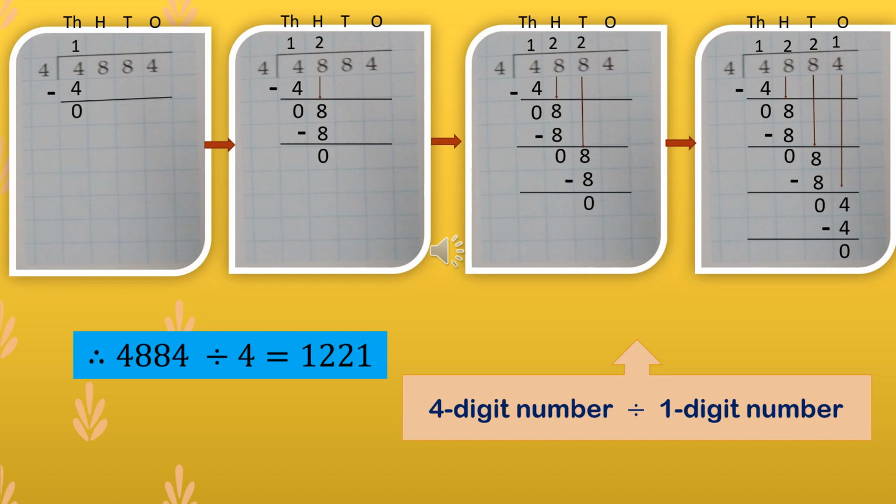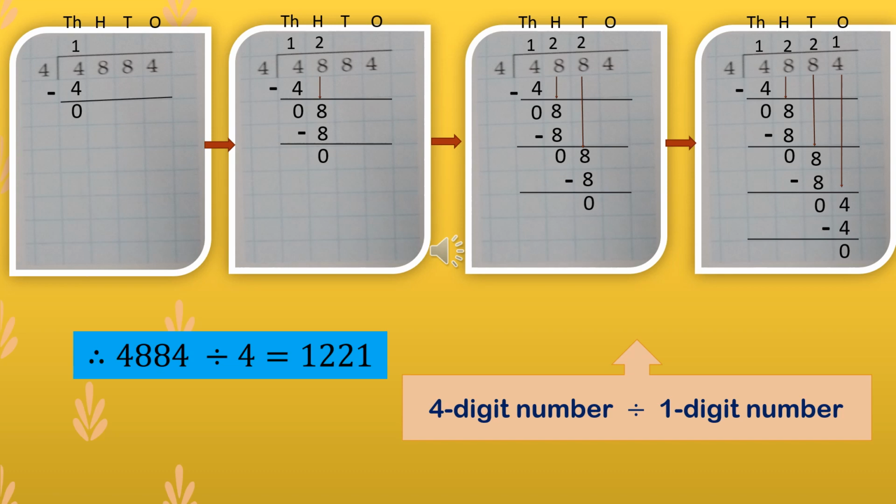So we will bring down 4. Now 4 divided by 4, that is 1. So 1 we will write at the quotient's place, and 4 we will write just below the number 4 which we have taken down. Yes. And now again we will subtract. So 4 minus 4 equals 0.